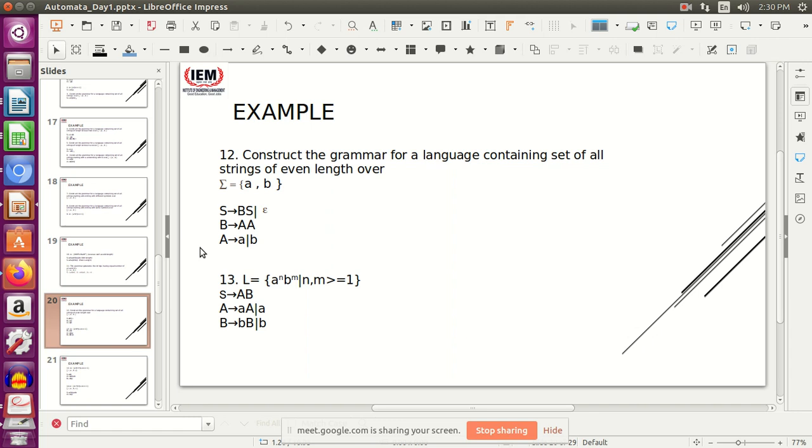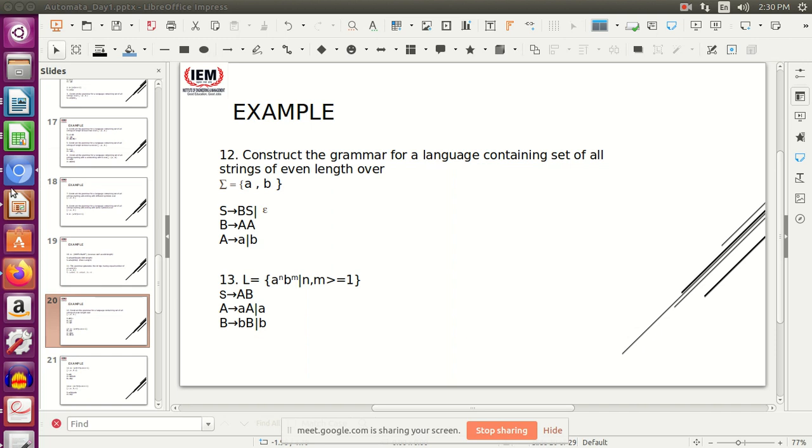So in a simpler way I can say that B will end up as AB, AA, BA or BB, and whenever you put this value over here, you will always get an even length string. Whenever you are putting this AA over here and then replacing this S with anything, the same thing will again occur, and the entire length of the string will always remain even. Okay.